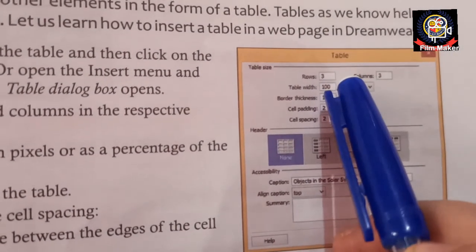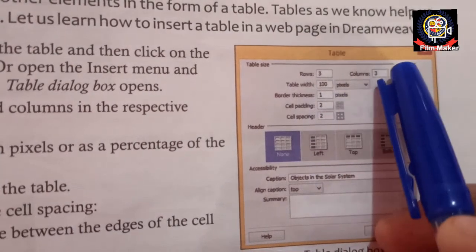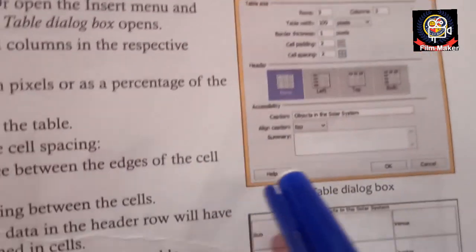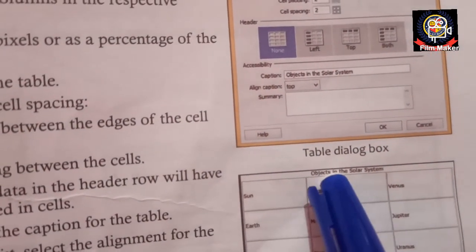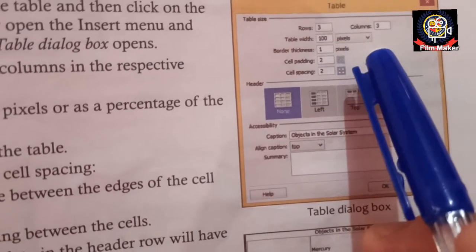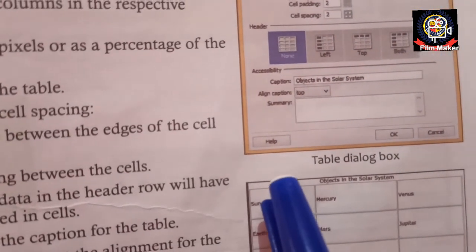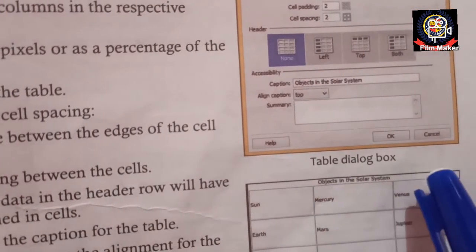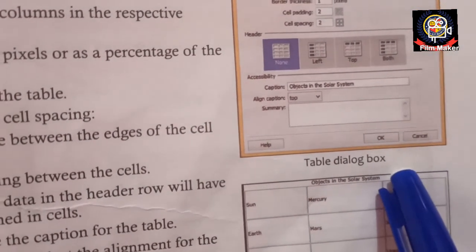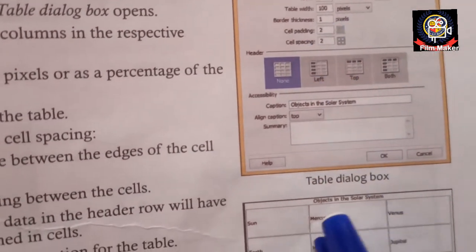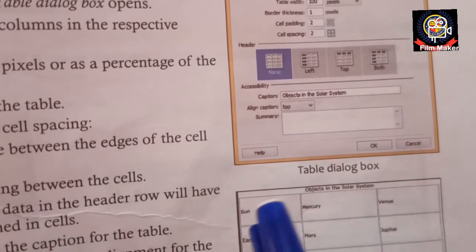Then, for how wide the table should be, select the table width from here in pixels. Then the border thickness means the way the border will appear, like this, so you can select the border thickness from here. Then cell padding means the space between the text and the edge of the border. And cell spacing is the space between the two cells, as here there is no spacing, so it is